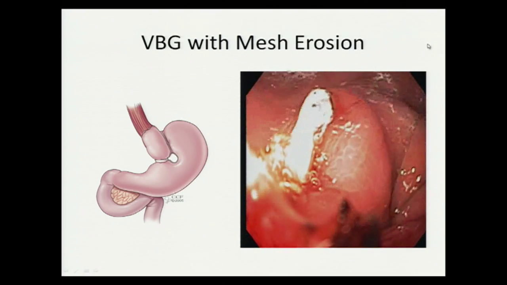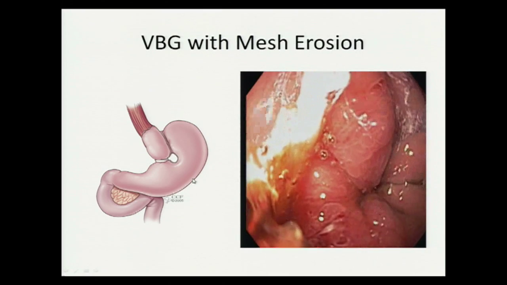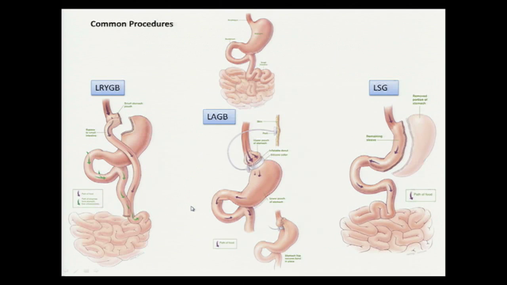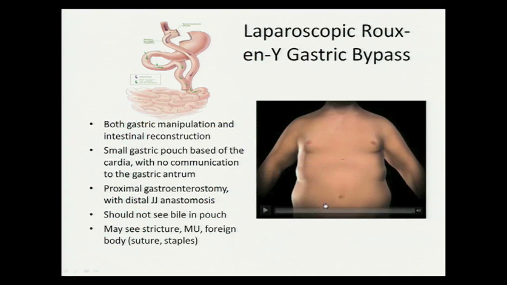But the normal anatomy would be a very dilated proximal stomach with possible staple line disruption. These are the three common operations that I really want to focus on and what they look like, and I'll break them down independently. So the gastric bypass, as we all know, has both a gastric as well as an